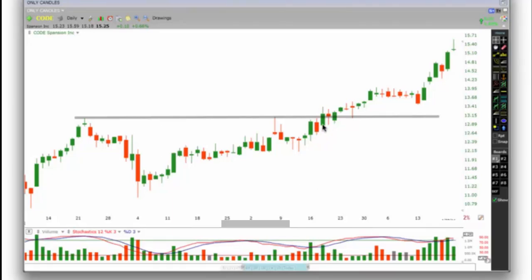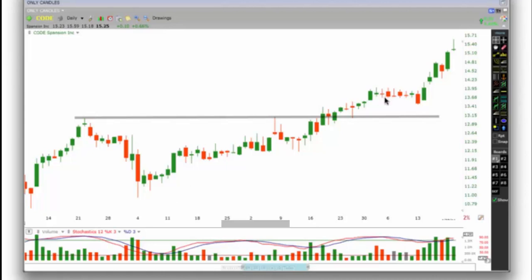But the following day we see an opening above the previous day close, right at this level. This is the indication price might continue higher, taking out this resistance level. Again, a couple of days of consolidation, but here the price is marking higher lows and higher highs, higher lows and higher highs, higher lows and higher highs again.